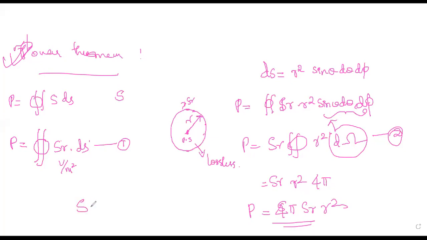Since we need to write the equation in terms of the radial component SR, it will be P divided by 4 pi r square. And the radial component is represented in watt per meter square. So power is watt, this is area, so it is meter square, which we will consider as the third equation. Any confusion in deriving? This is what you have to derive for the power theorem. If you don't understand, I'll explain once again. Is that okay? Yes, ma'am.